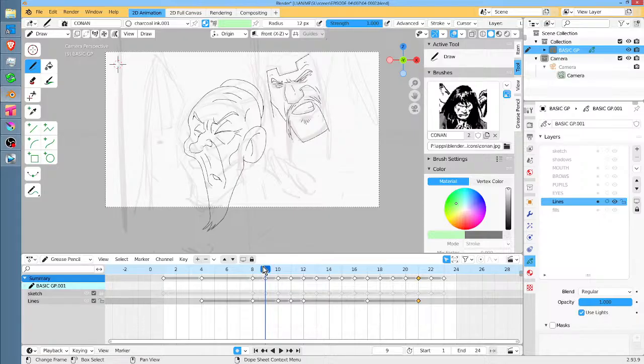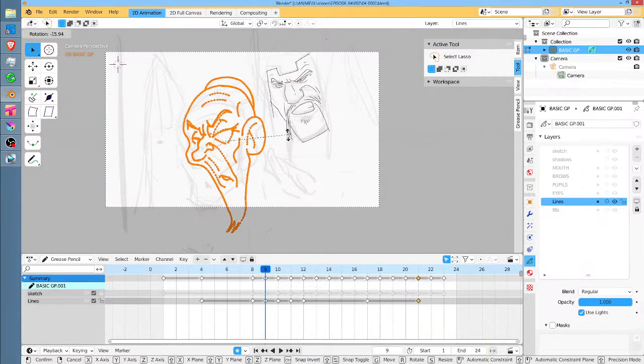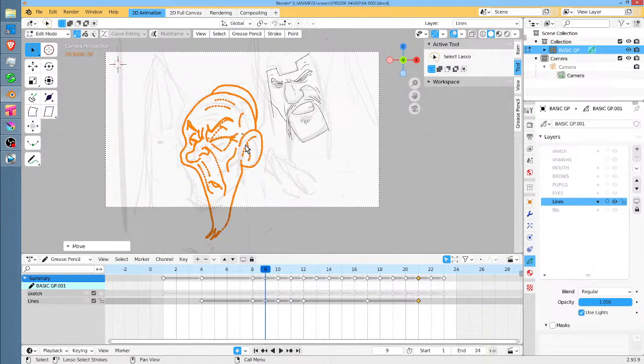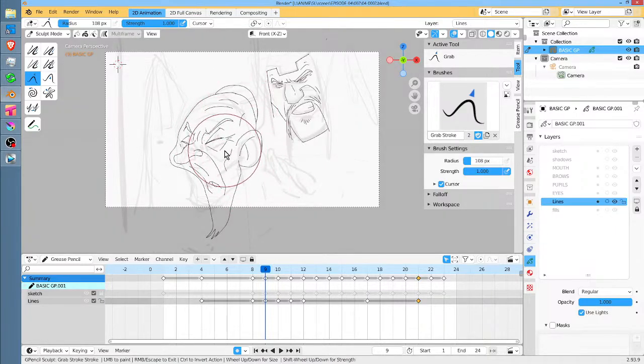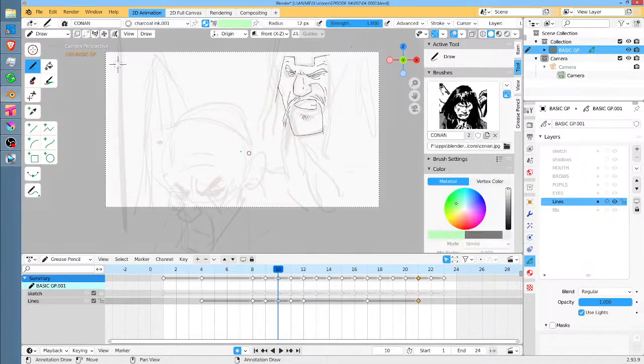I think we'll deal with Lechbar's hands last. Okay, we've got auto key on, so just for fun, I'll try doing this with sculpting. Okay. Here, this frame's already been drawn, so